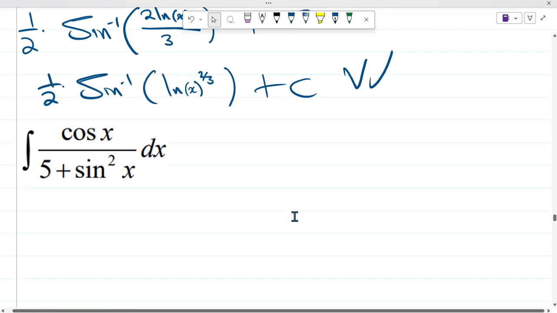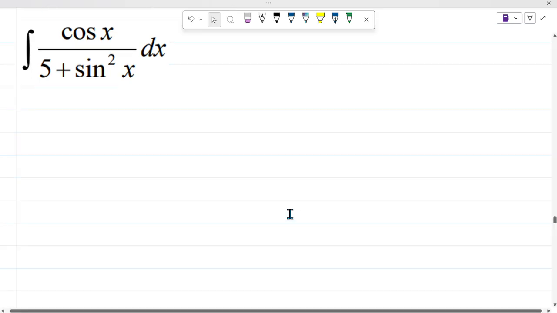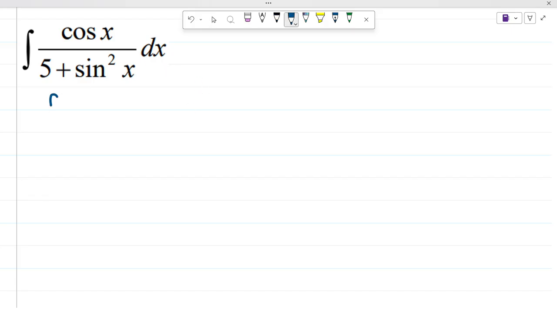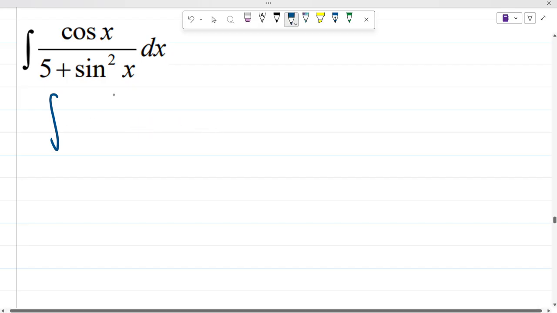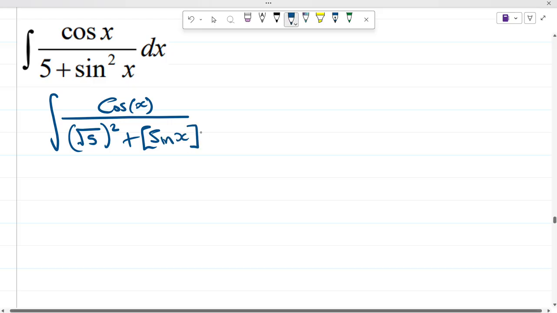So let's quickly do the following one. It's also simple, right? We can already say that we are dealing with tan inverse, because we have a plus something squared. However, we can't make the conclusion without first rewriting it in a nice format. So here we're going to get cos of x divided by the square root of 5 squared plus sine of x squared